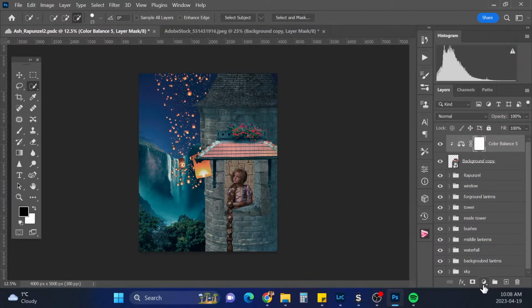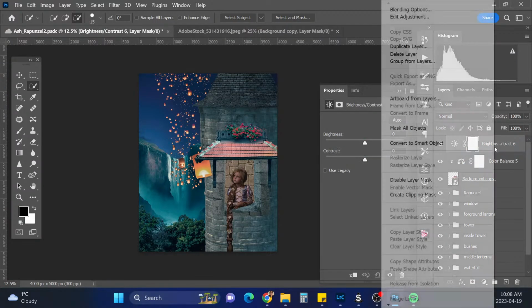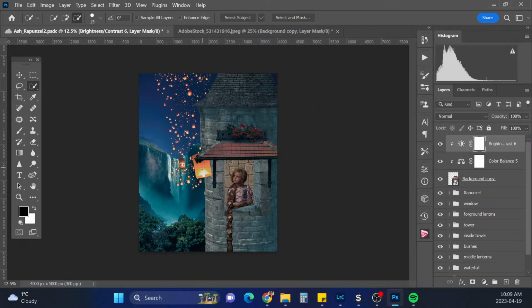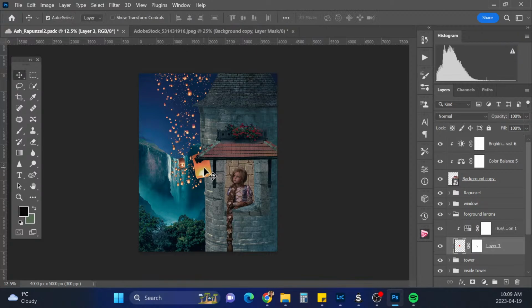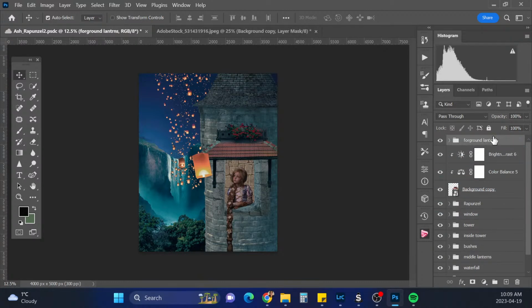Okay, and we want to do the brightness and contrast. Right click, create a clipping mask, bring the brightness way down. Okay, so now this lantern, this specific lantern, needs to go above this.